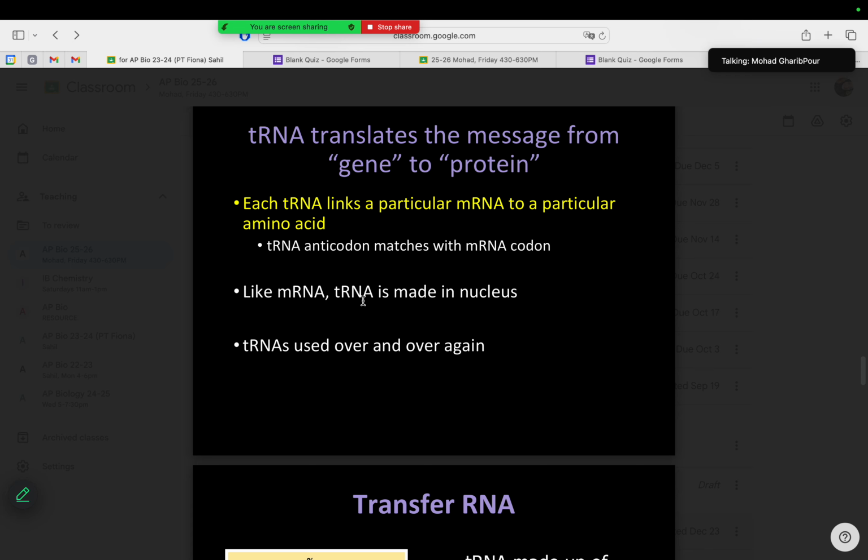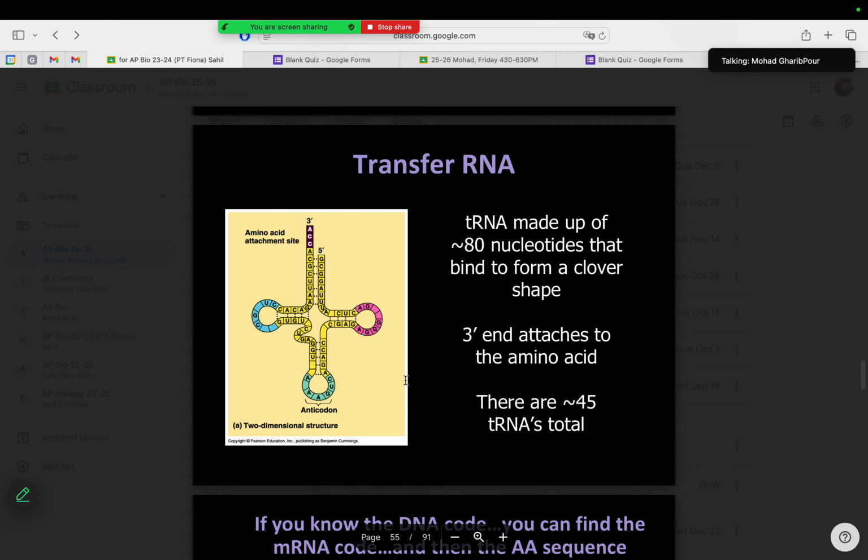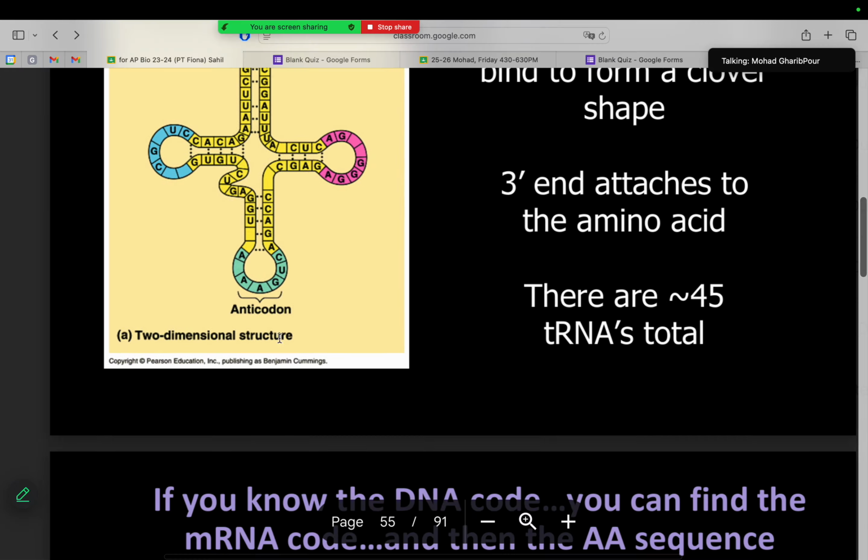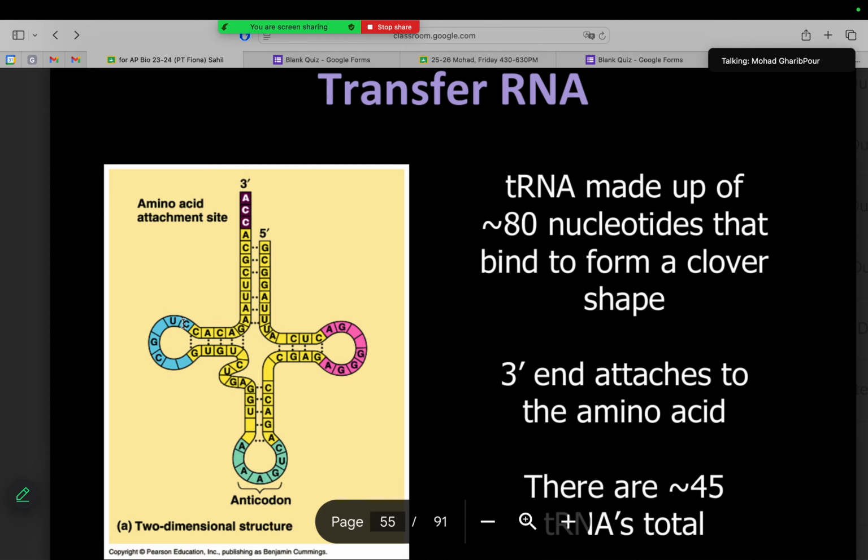Like mRNA, tRNA is made in the nucleus. The tRNA is used over and over again. So again, this is what it looks like. It's looped like this. It kind of looks like a T as well. This is the anticodon region, which